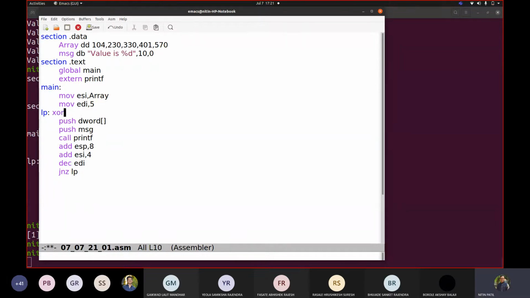XOR EDX, EDX. Why I'm doing this, I will let you know. XORing the same number with itself, what happens generally? If you XOR a number with the same number, 5 XOR 5,